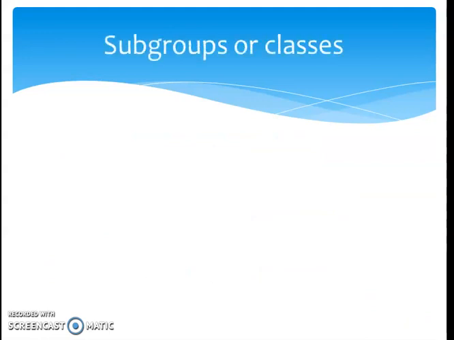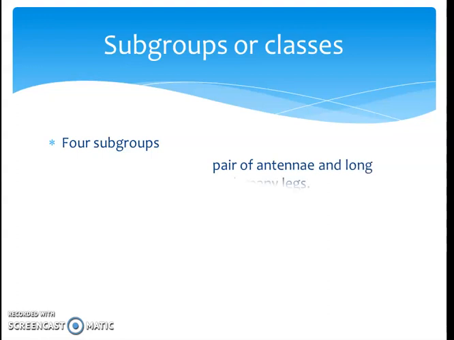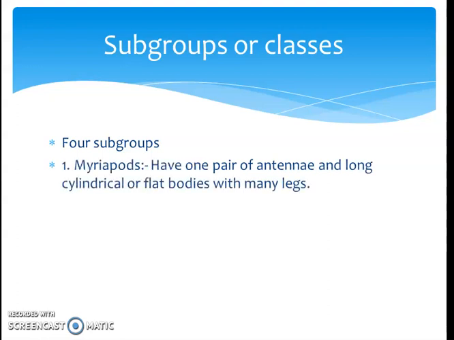They are further subdivided into different groups. We call them subgroups or classes. Class is a subgroup of any larger group. So we divide them into four subgroups. Each group we will say is a class. So we can say that they are divided into four classes or four subgroups. The first subgroup are